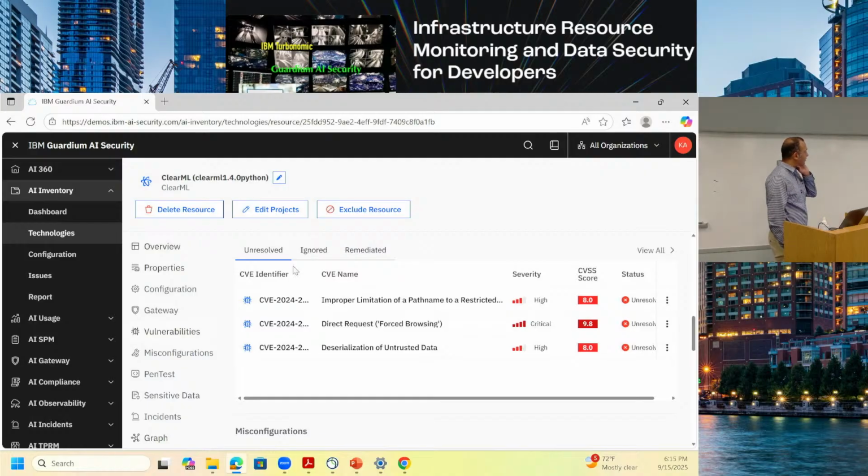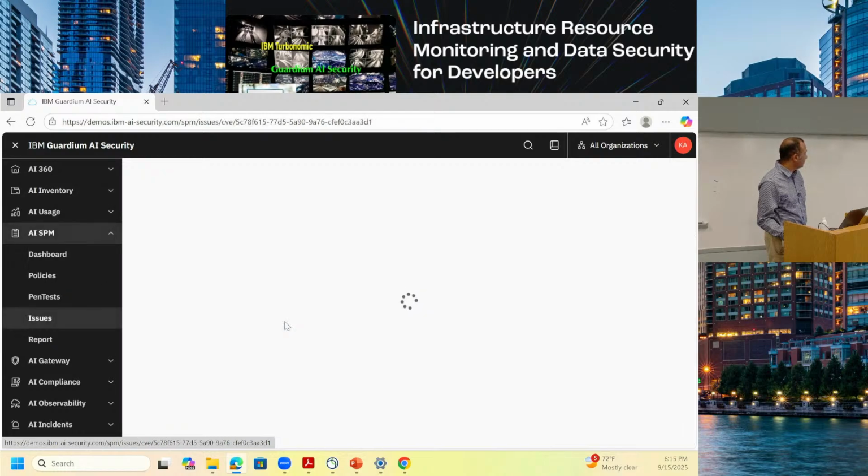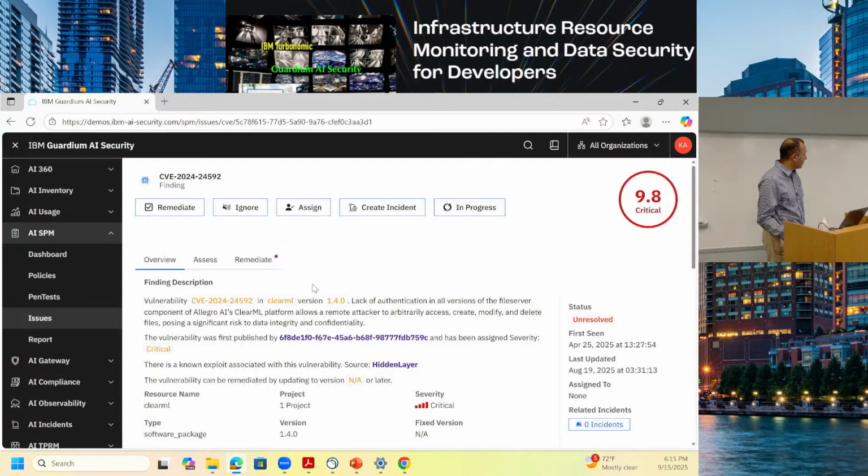So if any of the AI applications have these vulnerabilities, it can first scan for those and then provide a dashboard of that. But more than that, it can also look at some of these